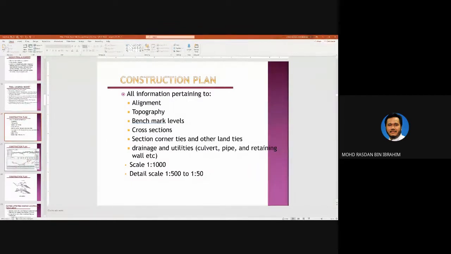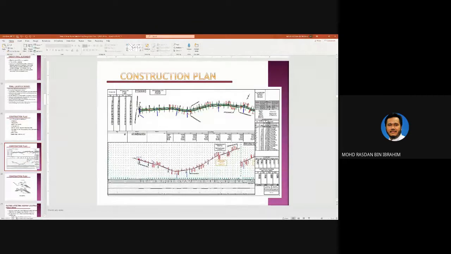Okay, so this is the example of the construction plan. This is the horizontal alignment, which is a plan, meaning that you are looking at the road from above. Okay, so this is more or less a straight segment, corner to the right, corner to the left, corner to the right, something like that. Okay, and this is the vertical alignment. It means that you slice this road in the middle segment here, and then you plot the